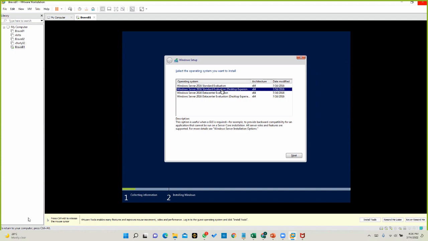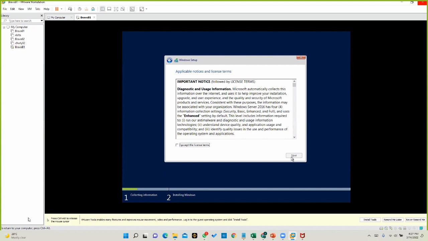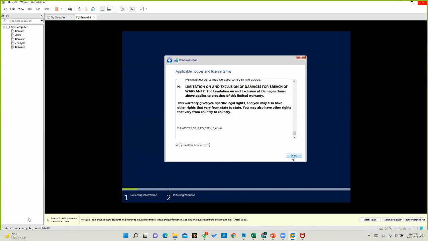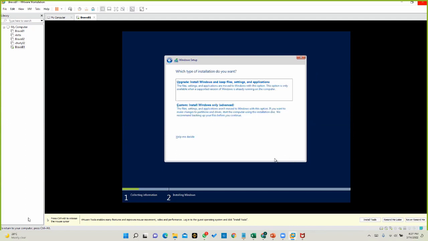Okay, since this is kind of a virtual machine, I can go with the standard edition, right? Right, then it will pop up the license agreement. You should accept it, unless otherwise it won't let you to go further.